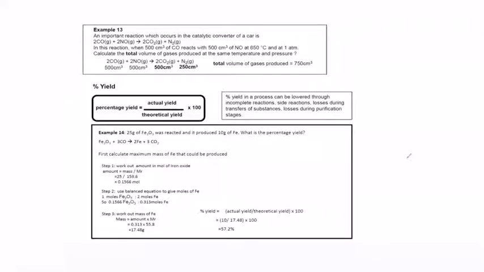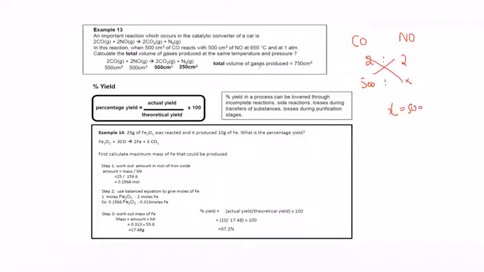It's 750. Why is it 750? Whenever both reactants are given, the first thing you have to know is the limiting reagent. So carbon monoxide and oxide of nitrogen, the simplest ratio is 2:2. Or I can say simplest ratio 1:1 or 2:2. So if I have 500 cm cube of carbon monoxide, how much oxide of nitrogen do I need? X, cross multiply. So we need the same amount of oxide of nitrogen. So there is no limiting reagent.